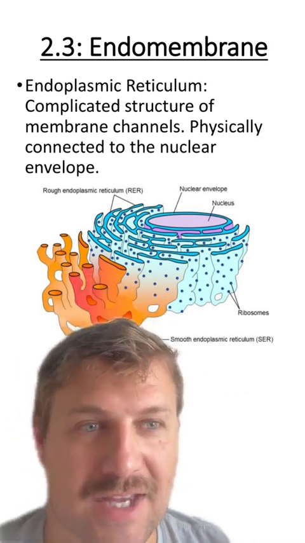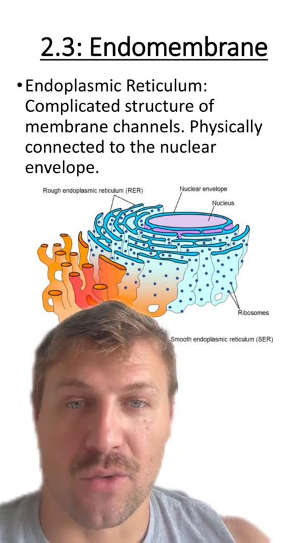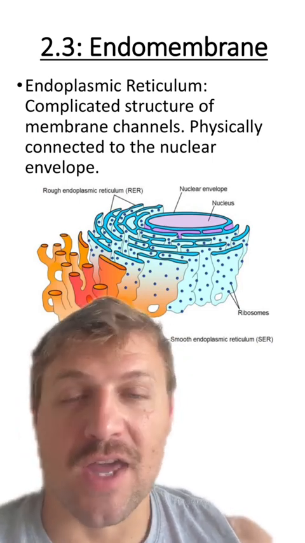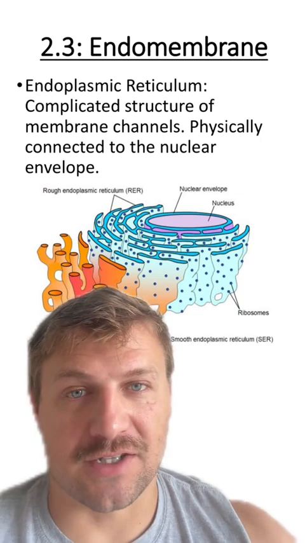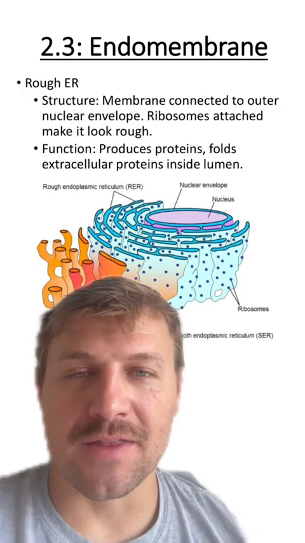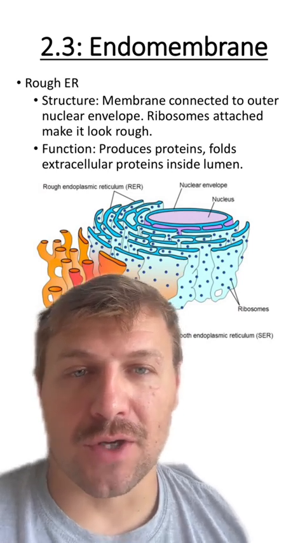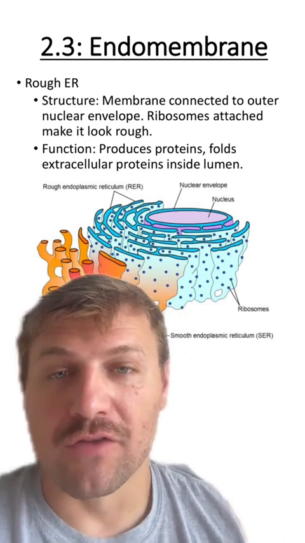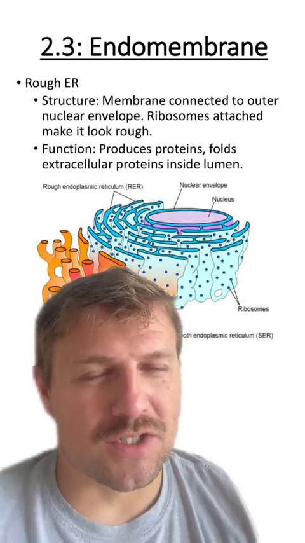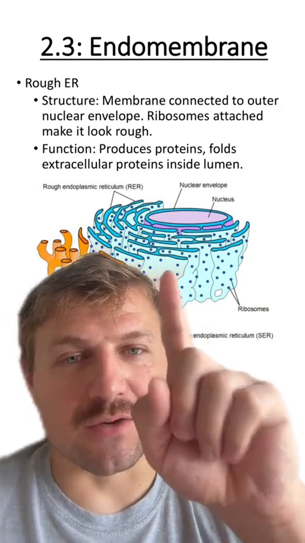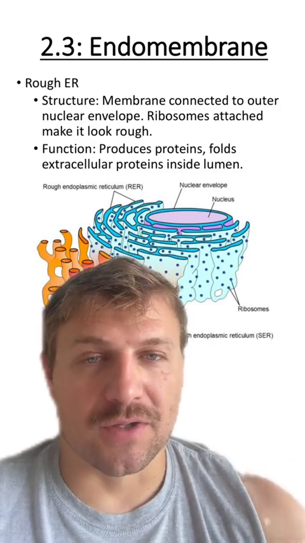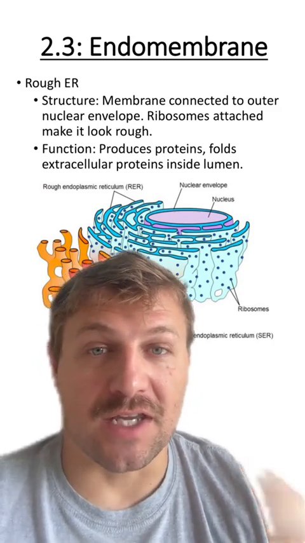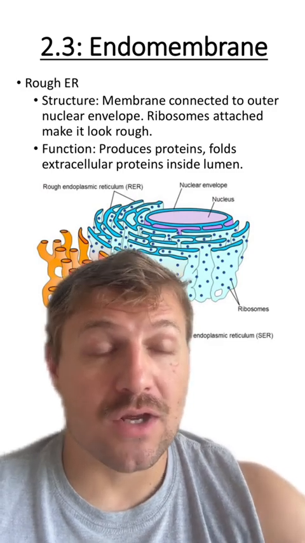membrane channels. And yes, whenever scientists were first observing the cell's organelles, they literally said, hey, that one looks rough and that one doesn't, so we're going to call it rough and smooth. They didn't know that the rough ER had ribosomes attached to it. The rough ER, again, is made of a membrane that's going to have ribosomes attached, and it's going to produce proteins that they're going to later fold in their lumen and then send to the smooth ER for later transport to the Golgi body. It's really important to remember that typically the proteins that are produced in the rough ER are going to be extracellular proteins or membrane-bound proteins. This just means that these proteins are either going to end up in the cell's outer membrane or outside of